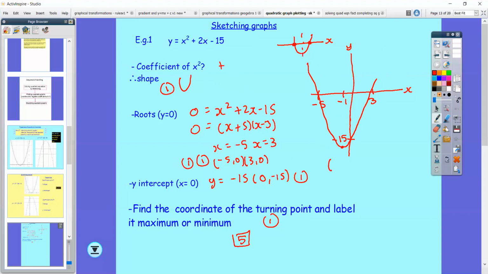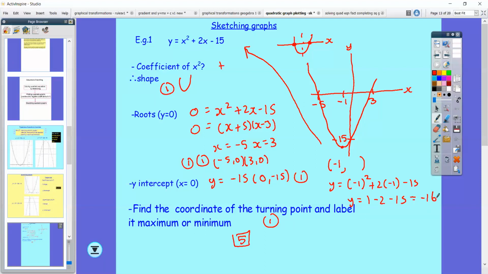Well, they should know it's -1 something. And again, it's the wraparound of understanding these quadratics. How are they going to find the y coordinate? Well, most recently they plotted graphs for quadratics, so hopefully they're going to know, oh, I substitute that -1 into my original equation. So y is going to be -1 squared plus 2 times -1, subtract 15. So I've got y is equal to, what's that, 1 minus 2 minus 15, which gives me -16,